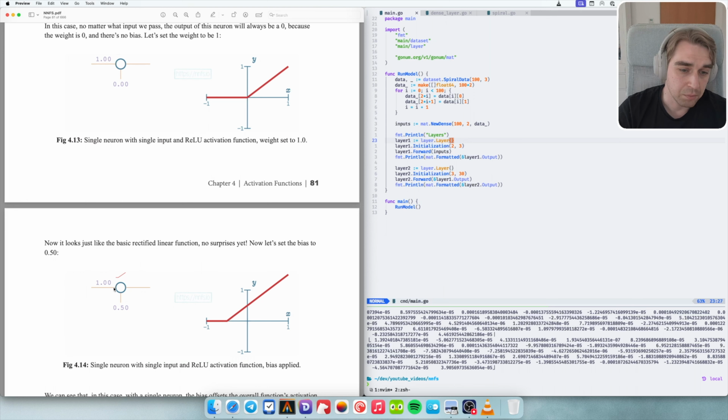If we have the minus 0.5 multiplied by 1, it will be this point, and then plus bias it equals 0, so it will activate